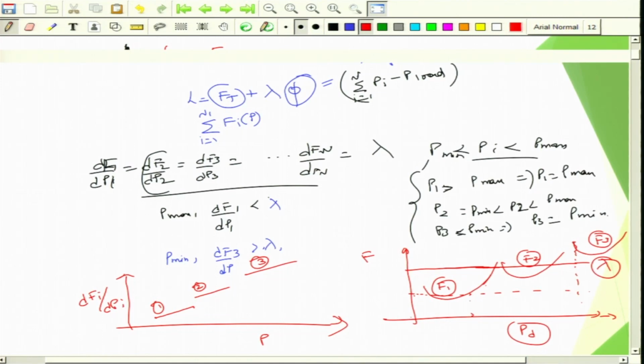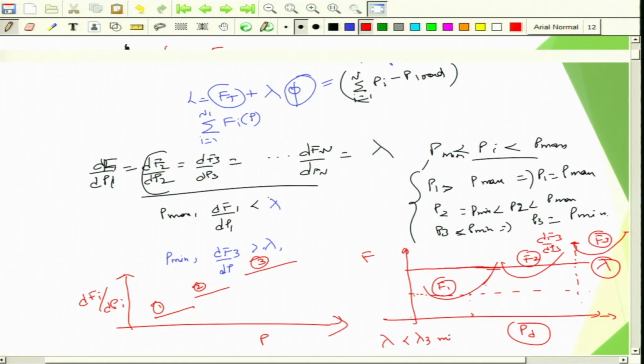This is P minimum, this is P maximum. So the lambda corresponding to this is dF3 by dP3, this is the P minimum lambda, lambda minimum for that particular generator. Now you can see here the optimal lambda that we were able to find for the specific demand is this lambda, as shown, and you can see here that lambda is less than